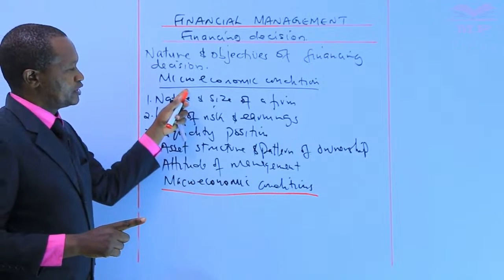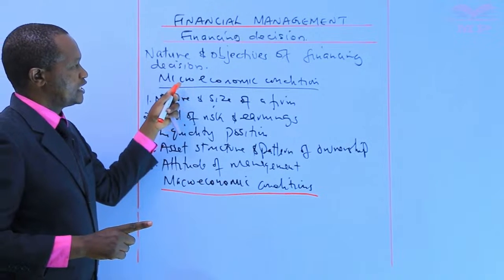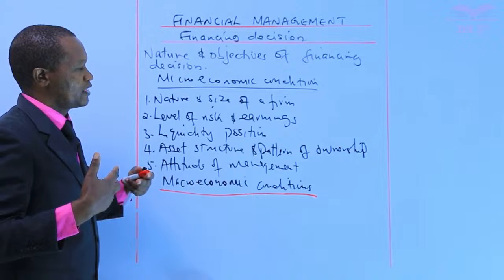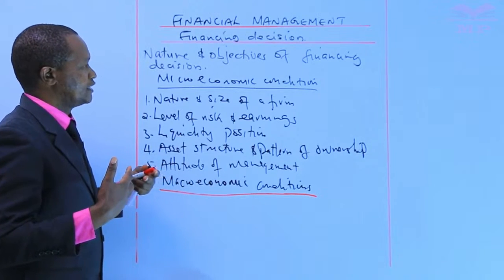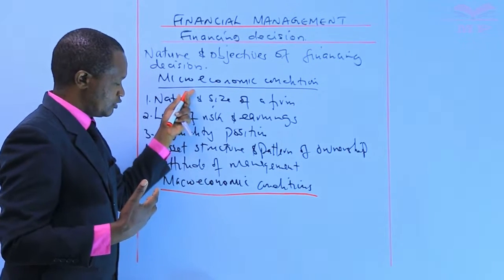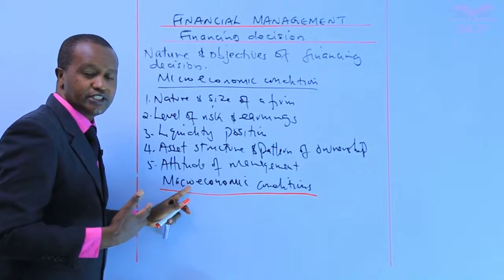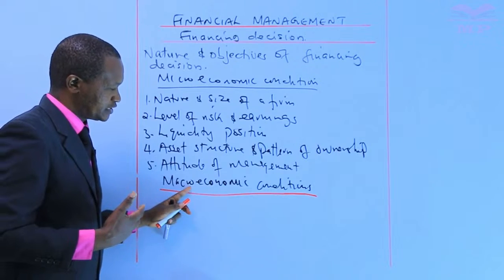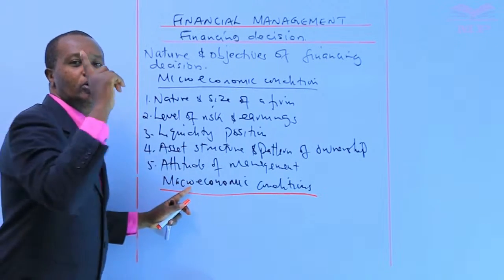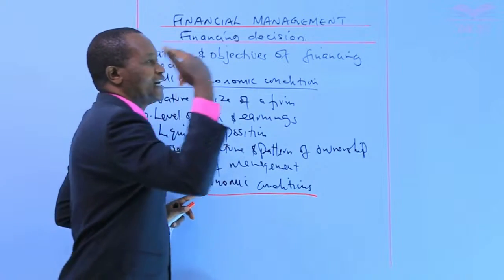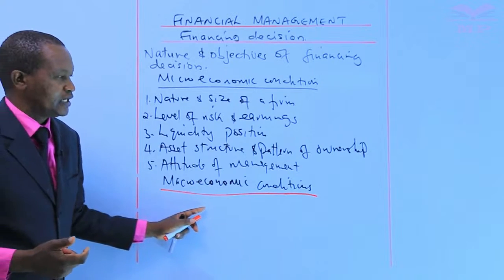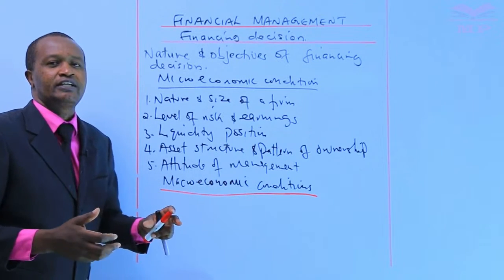Unlike the microeconomic conditions, which we said are factors that are internal to the organization. These are factors that can be influenced or controlled by the management. On the other hand, macroeconomic conditions are conditions or factors beyond the control of the firm's management. They are beyond control. They are external factors. All right? An example is, say,